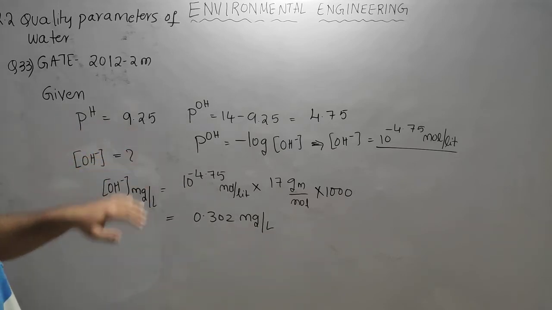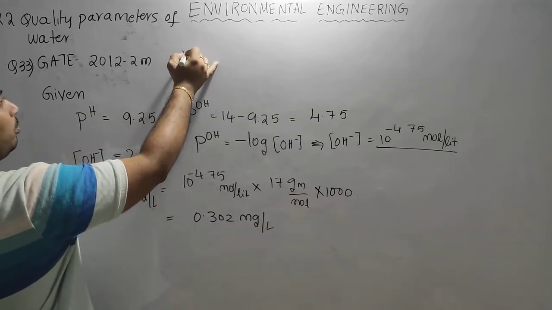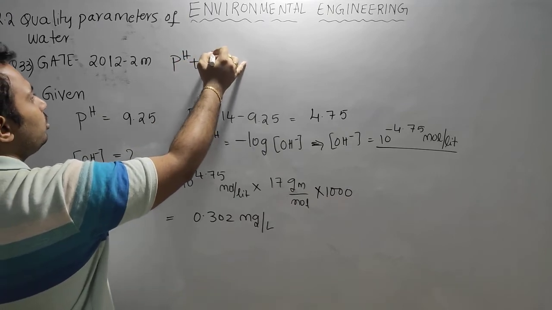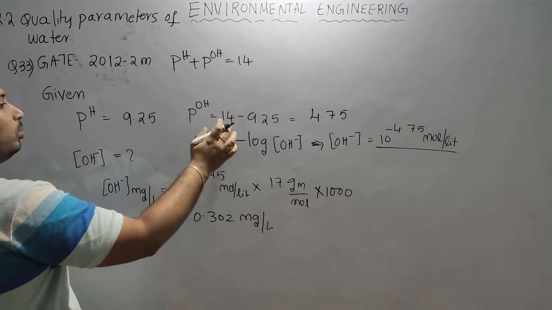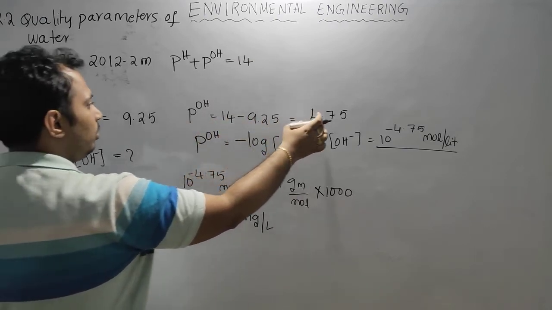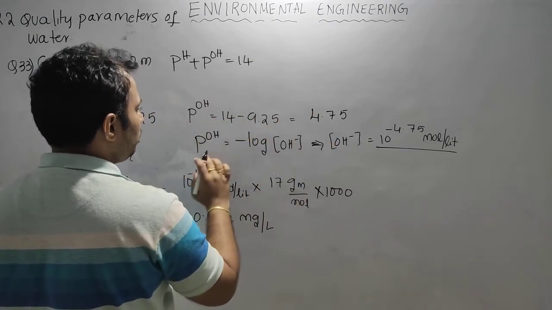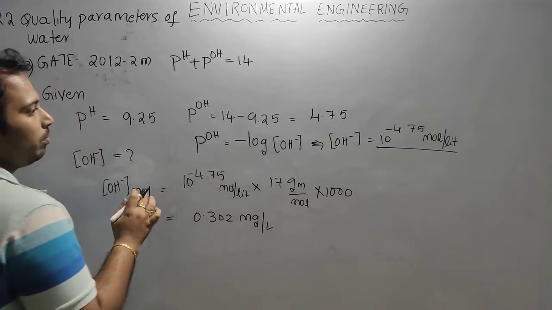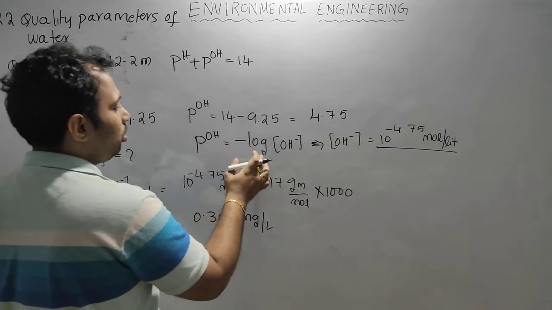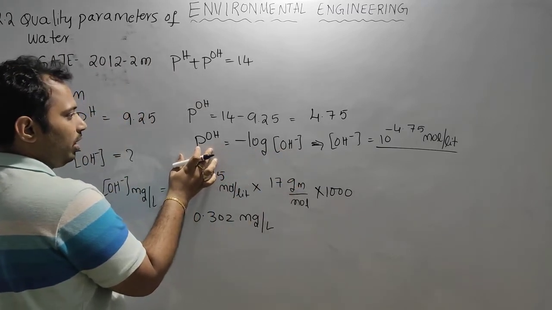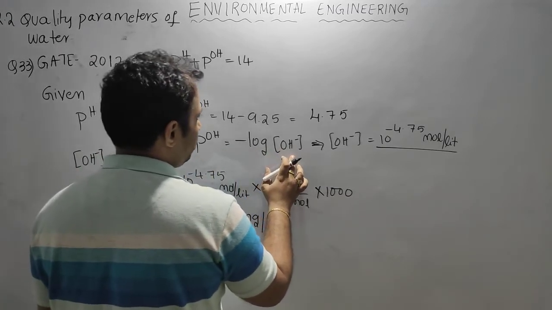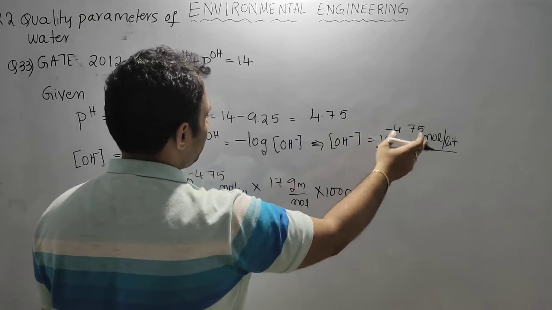pH plus pOH is equal to 14. So from here I can find pOH, which is equal to 14 minus pH, which is equal to 4.75. That means pOH is equal to minus log of OH minus ion concentration. If pOH is 4.75, then OH minus ion concentration should be equal to 10 to the power of minus 4.75